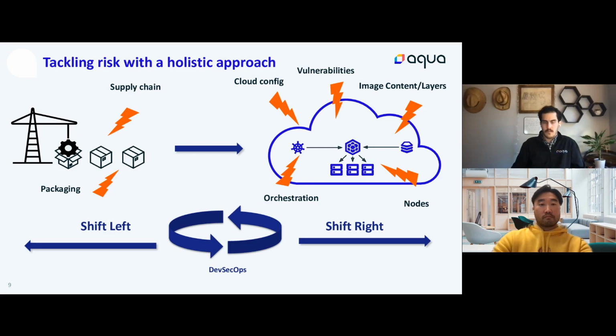The shift left and shift right are really critical to work together. I think what we've seen with shift left is that it's really important for security teams to communicate how security can be integrated into the DevOps workflow, whether it's looking at IaC security scanning, scanning code in CI/CD pipelines, or managing high risk vulnerabilities. But equally, on the shift right side, there's